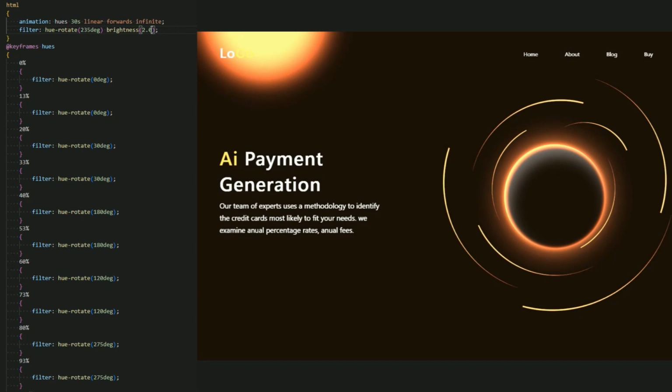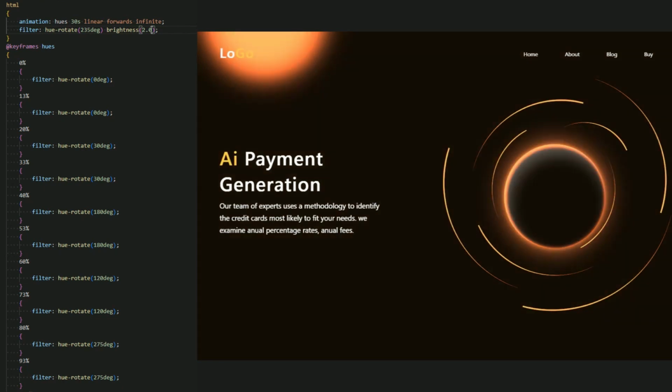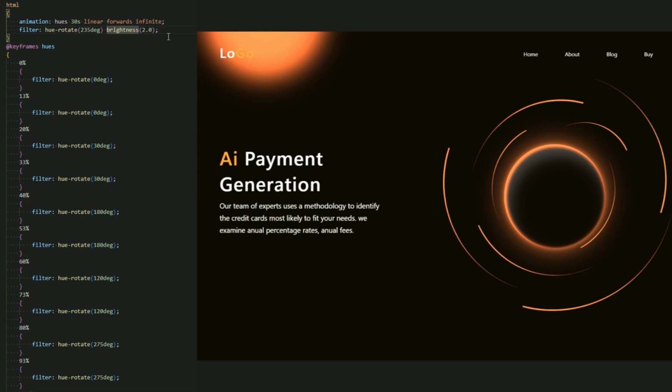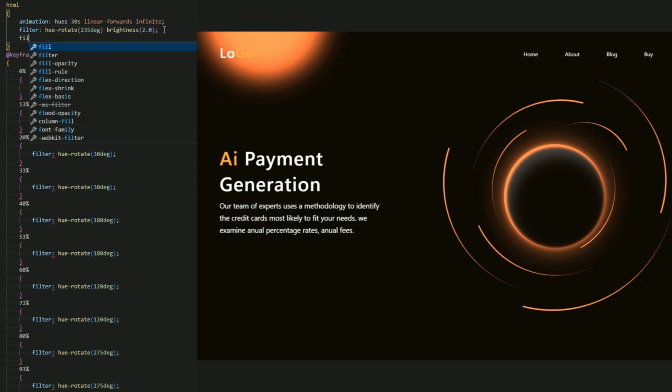Now if you see the text, it becomes like, I don't know. As you can see, we have a problem with the text when we add brightness inside of this website. This is why I tell you guys, don't add too much brightness. I know the brightness is cool, but I think it's not good to add too much. But yeah, this is the brightness and this is the contrast, and you can add more of the filter.